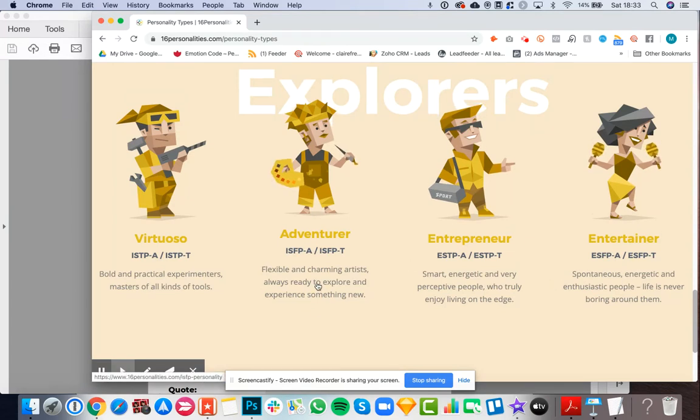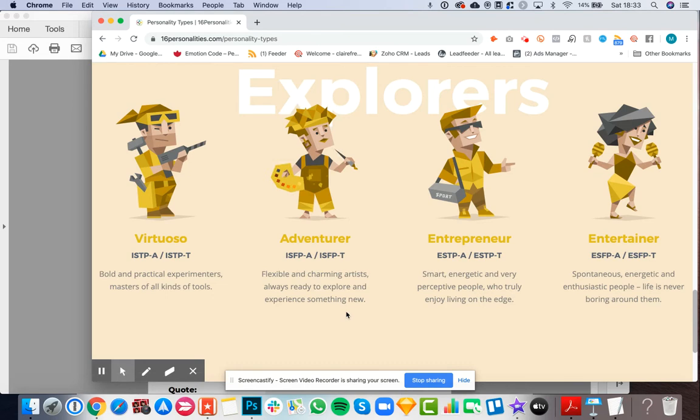So you're going to speak their language. What you're going to do, without them realizing, is not say, hey, I'm looking for entertainer personality types, but speak as though you're talking to an entertainer personality type. And by doing this, you're going to extract the entertainer personalities or the adventurers from your social media without even